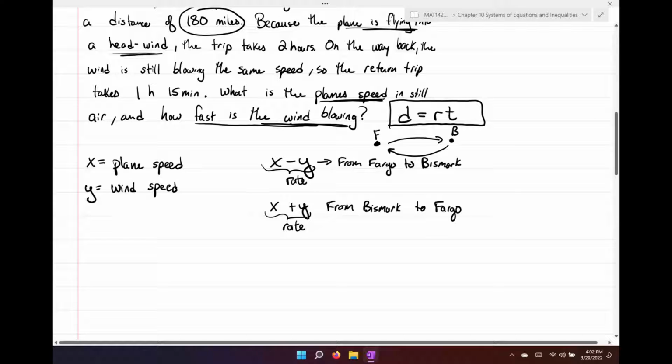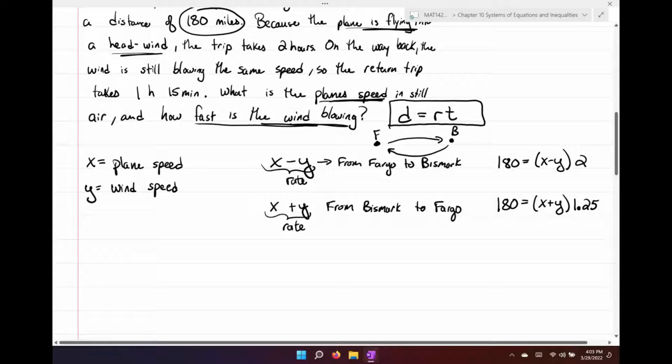So here's our two equations. The first one is from Fargo to Bismarck. We know the distance is 180. We know the rate, x minus y, and we also know how long that took. So from Fargo to Bismarck, it was 2 hours. So this is going to be the quantity x minus y times 2. Then from Bismarck back to Fargo, we know that distance. Well, that distance is 180. And that's going to equal our rate, which is the speed of the plane and the wind, because it's pushing it, times